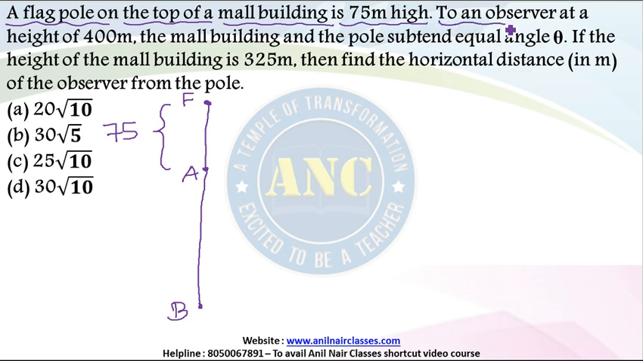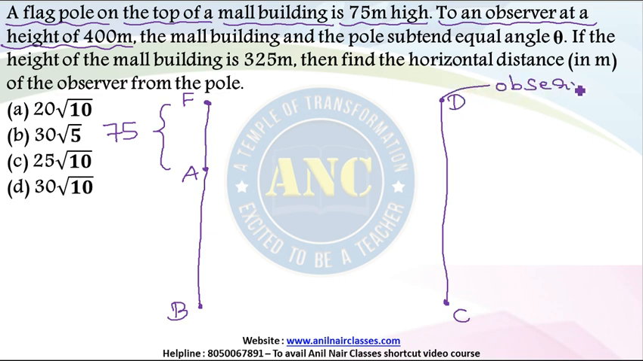Okay. To an observer at a height of 400 meters, that means there is an observer from the bottom, let me call it point C. There is an observer at a height of 400 meters, right? That means point D is the place where the observer is located, and this total height is given in the question as 400 meters. To an observer at a height of 400 meters, the mall building and the pole